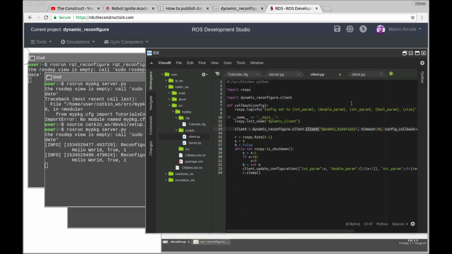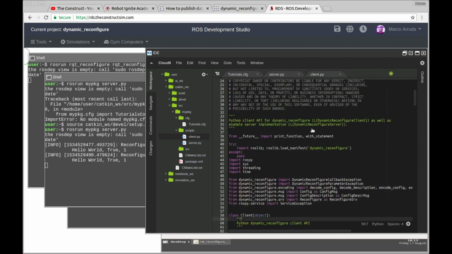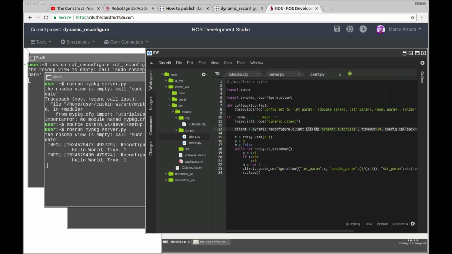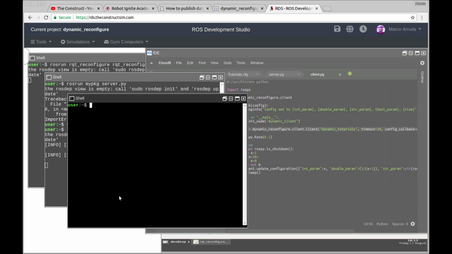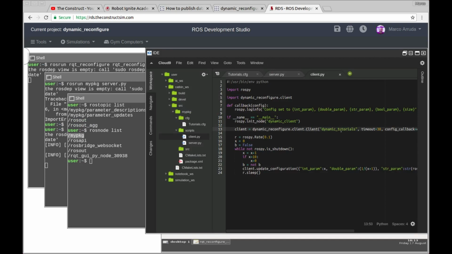And basically, just press Ctrl, and our IDE has this tool to go to the definition of the function. Okay, Ctrl and click over it. Anyway, the first parameter here, we have to put the name of the node, which is the server. We have here ROS topic list, we have my package, and our node is my package. So we have to change it to my package, and we can define a timeout to establish the connection, and